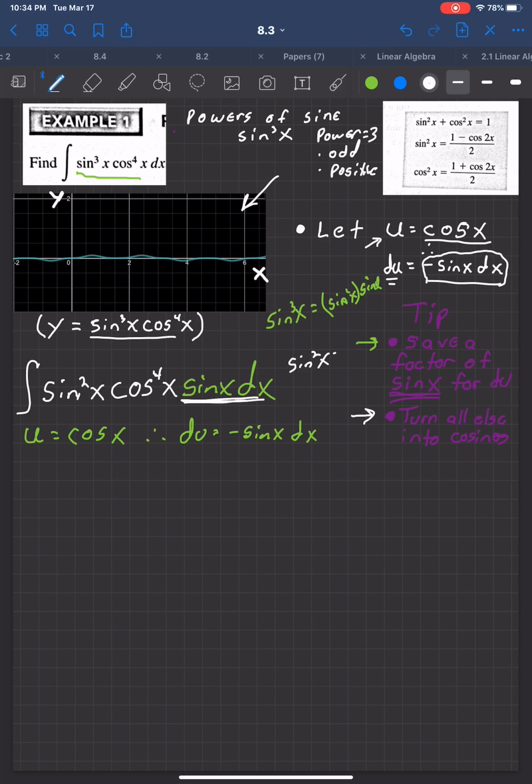Well, sine squared, if you recall your Pythagorean identities, is 1 minus cosine squared. All right, so sine squared is just 1 minus cosine squared. So I'm going to rewrite this sine squared as 1 minus cosine squared. Let's go ahead and do that. So now I'm integrating 1 minus cosine squared